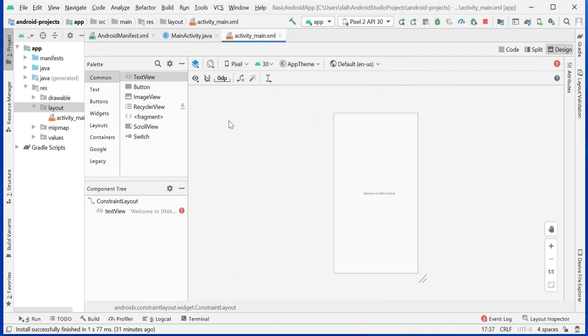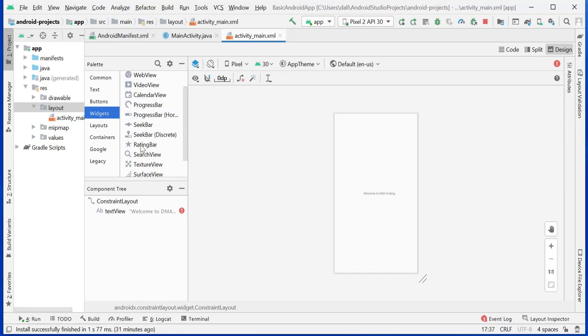So let's go. You can see here in design, a lot of views are there: text view, button, image view, recycler view. These are all there. In text also, a lot of things are there: text view, plain text, password, email, phone. So anything we can use. In button also we have a lot of buttons: button, image button, radio button, checkbox, widget. You can see widget also, progress bar and all. We'll use all these things later.